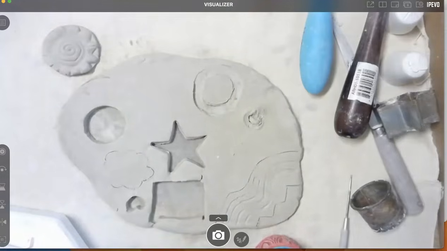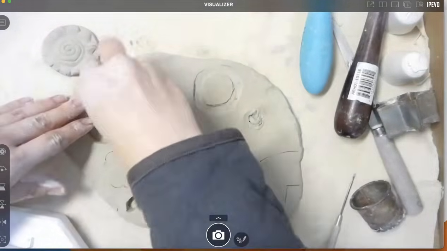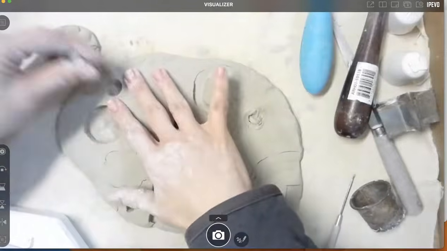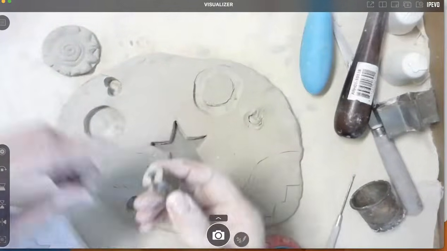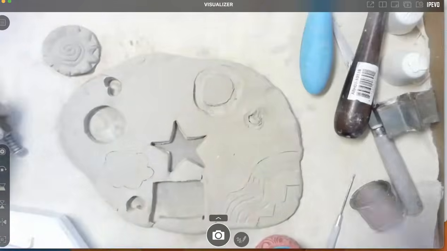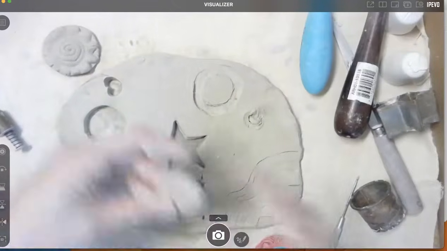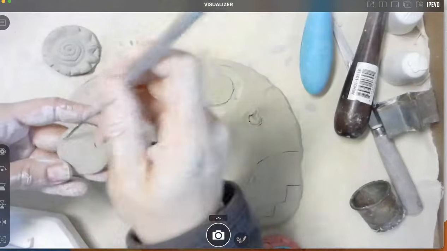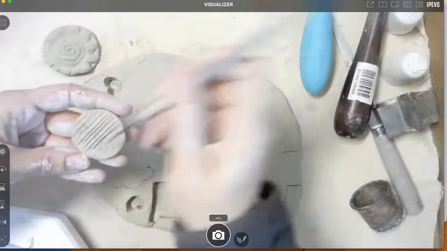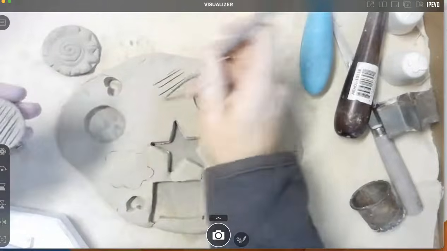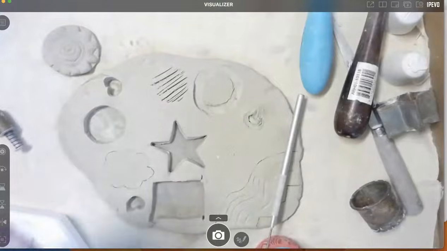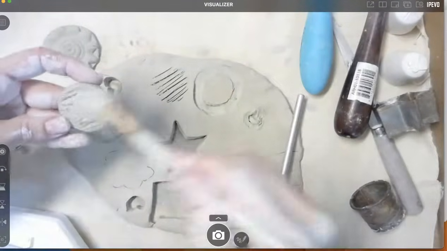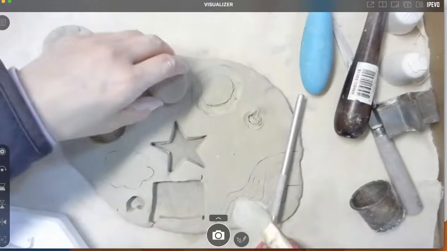Now, if you're doing a lot of piercings, you can also use the piercings to help make appliques. For example, if I'm going to make a bunch of these hearts, right, I could make my heart and then attach it to the surface. Here's one of the circles I did. So just like anytime you're attaching clay to another piece of clay, you do need to score and slip. That never ends, that never ends.